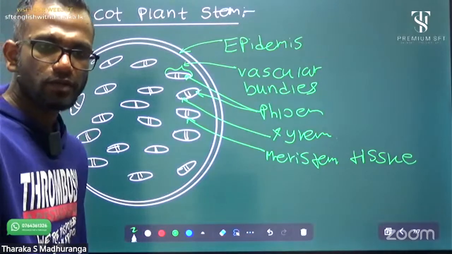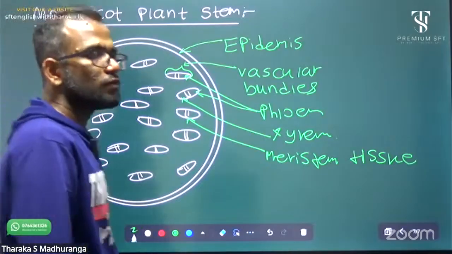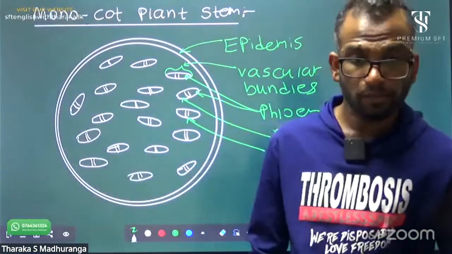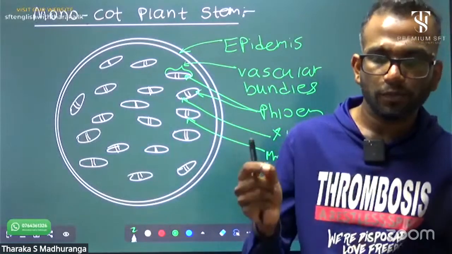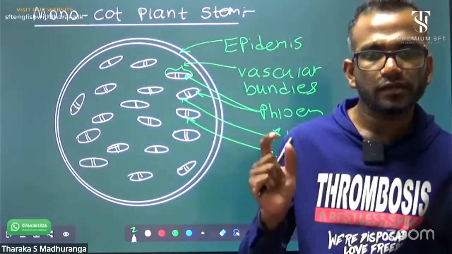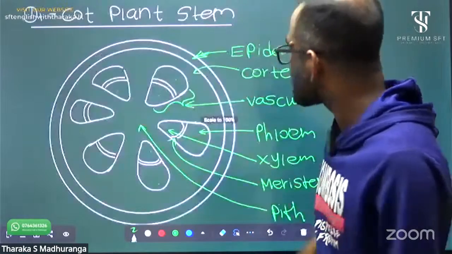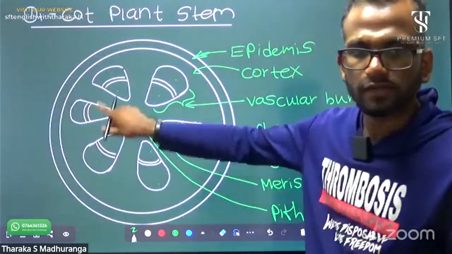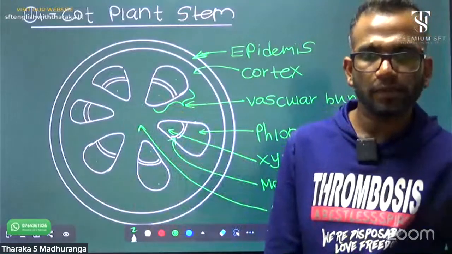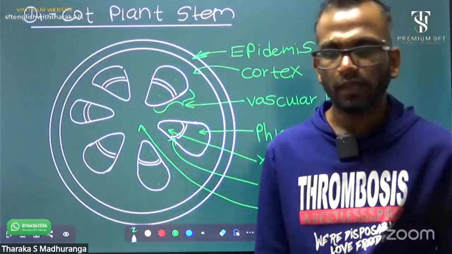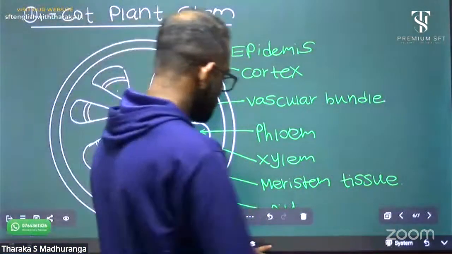Fatima, complete. Sharon? Hi. I think now you got the main difference between monocotyledon and dicotyledon stems. It is very simple. Monocotyledon has randomly distributed vascular bundles, but in dicotyledon they are arranged like this, and the cortex and pith are clearly separated. Hari, what next? Go to the tute.